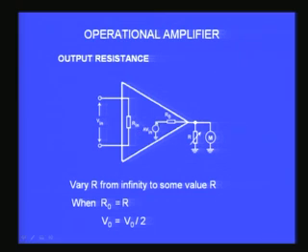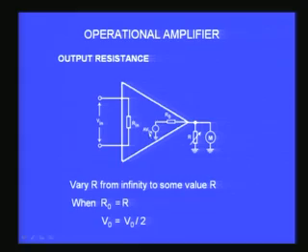If you have a specific configuration corresponding to non-inverting or inverting, then you can have a finite value of the gain depending upon the choice of resistances in the circuit. So, whatever it is, the output can be given as a voltage source A times V in, in series with an output resistance RO. Now, if you look at the circuit with the external resistance connected,